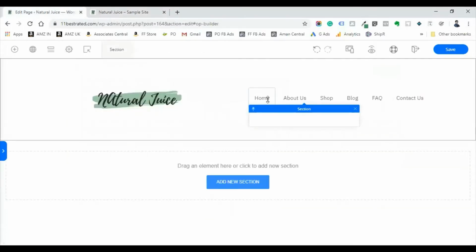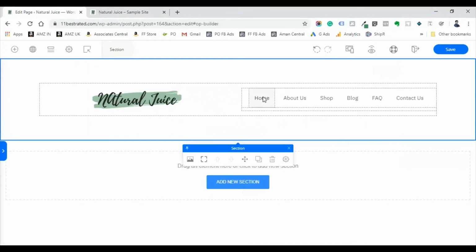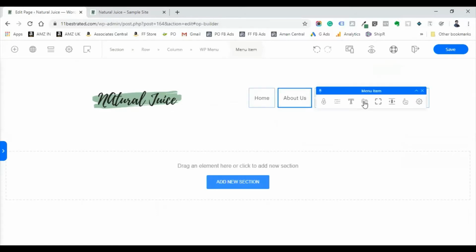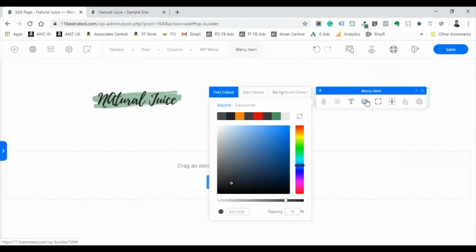If you want to edit the menu color, click on that menu. You will find this small toolbar above it. One second, it is just loading. Since I'm using it, bandwidth is low. You just have to click on the color. You can change the color by entering the color name here and hitting enter.